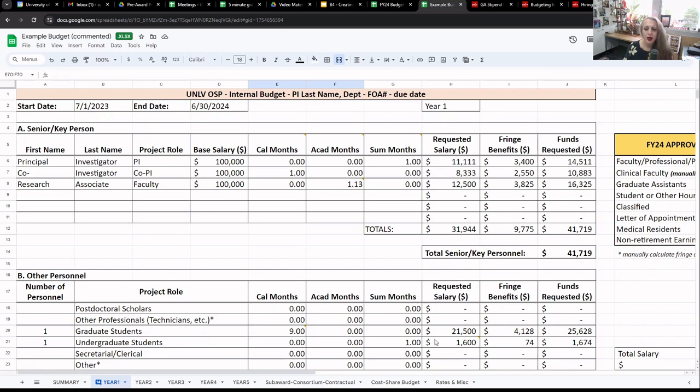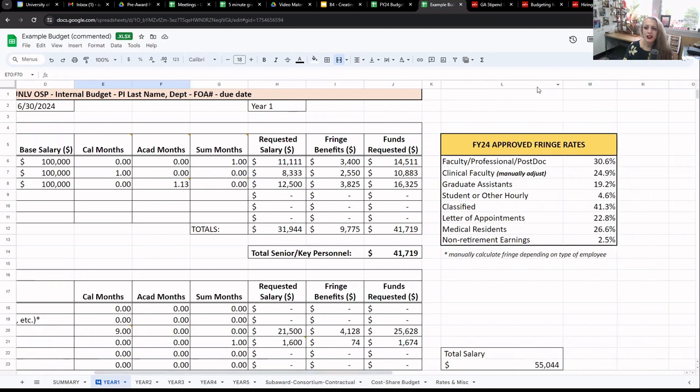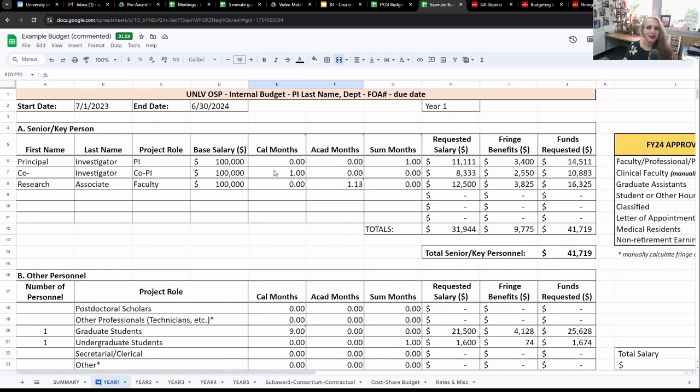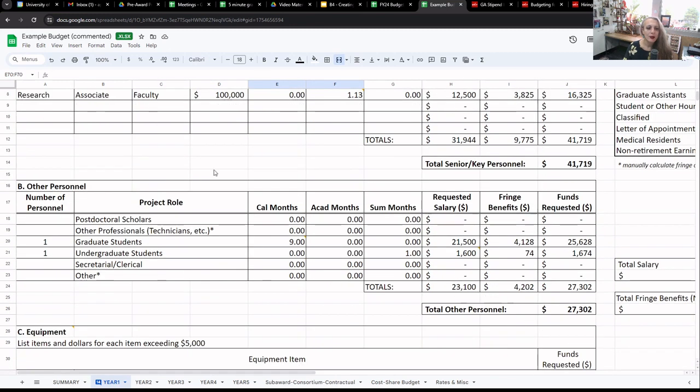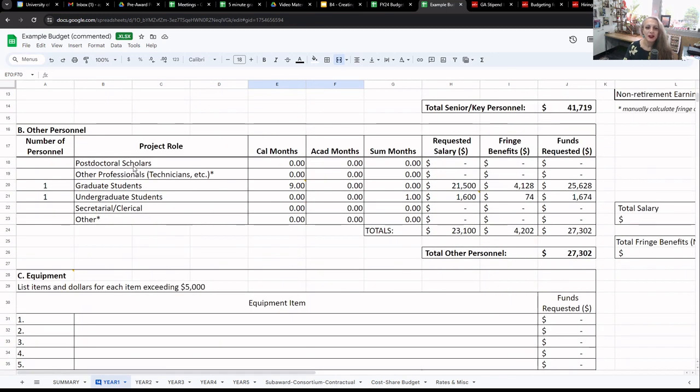You don't have to worry about it. They are all here in the sheet if you want to know what they are, and they are automatically integrated in the formulas. As an example, I added a graduate student here in our project. This graduate student will be working 9 months, just the academic year, fall and spring, and I know that the